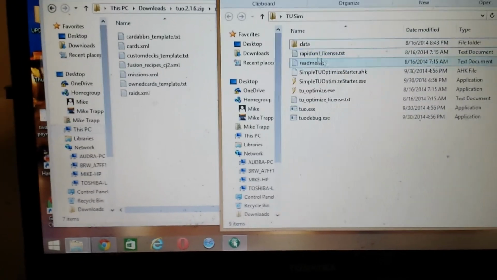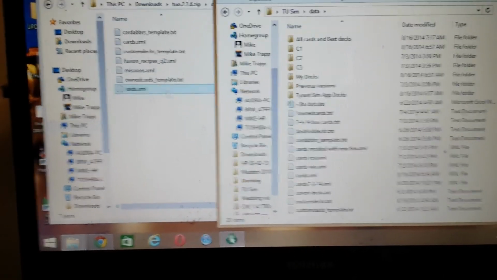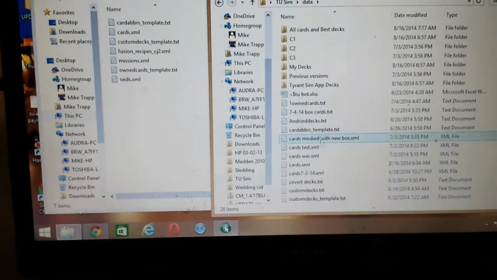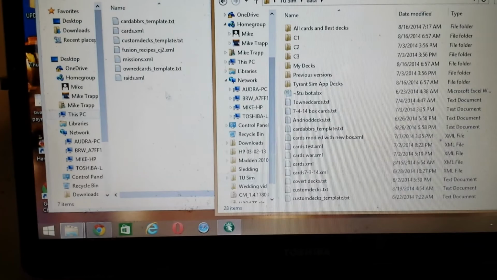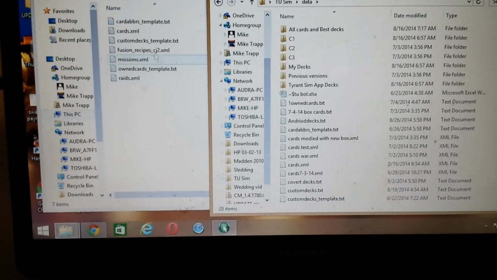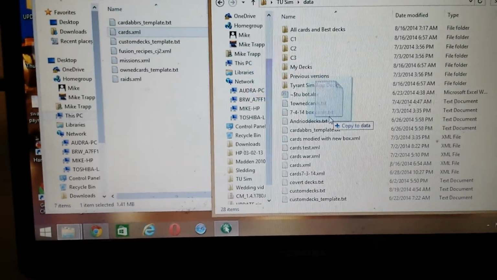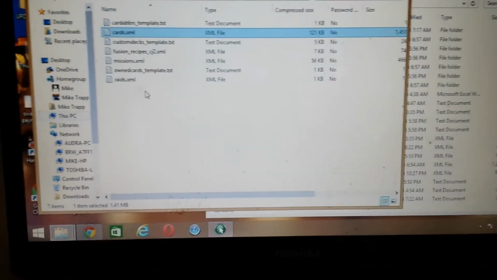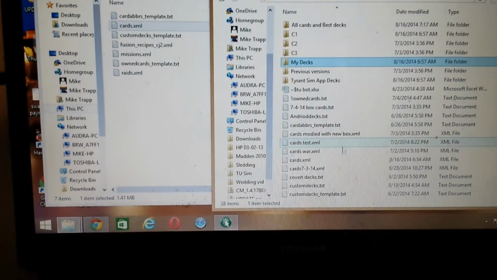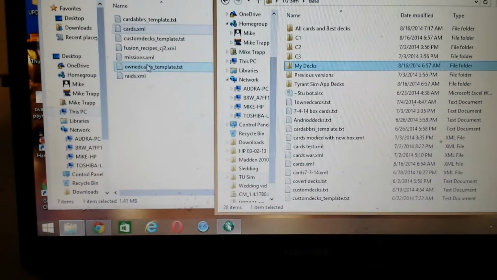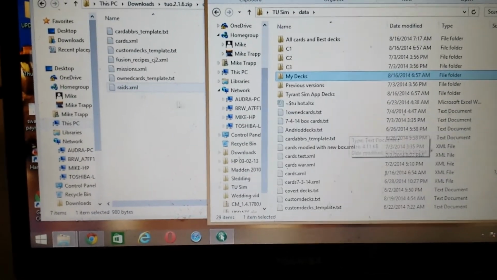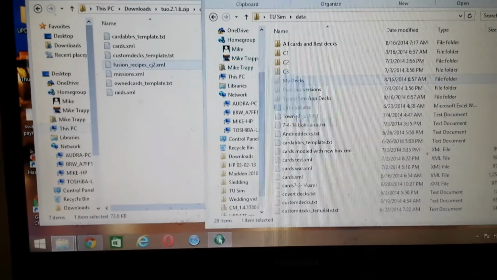If this is your first install, you also want to copy all these in. I currently already have stuff installed, so I'm not going to bother overwriting it, because the cards and the missions and stuff like that automatically will update when you hit the update button. I'm going to pull the raid one over though because I think it's newer, or I may not have it. Same with the